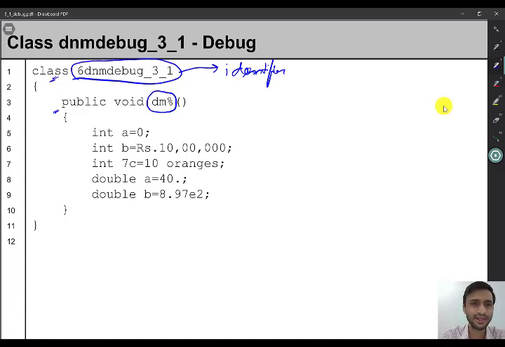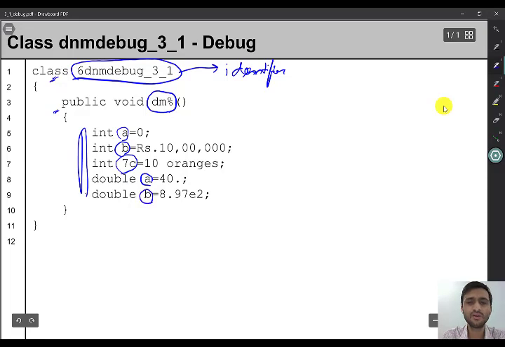Can you see this int A, int B, int 7c? Till now you have not studied what is int double. But can you see these names? A, B, 7c, A, B. These are all identifier names. Clear?